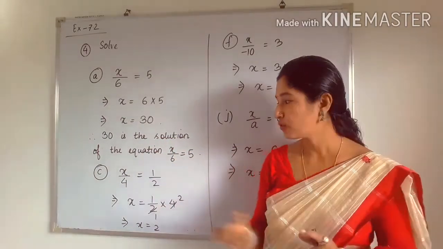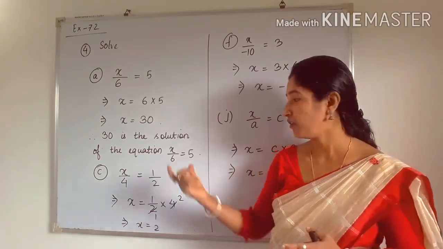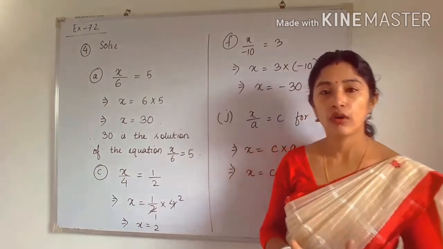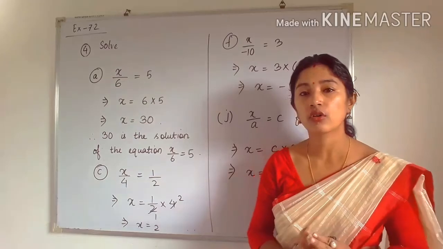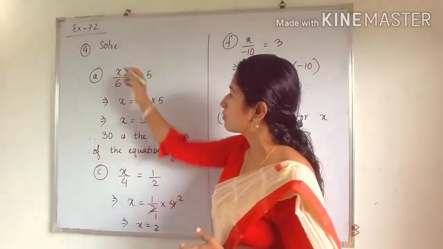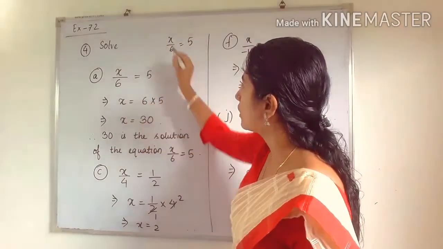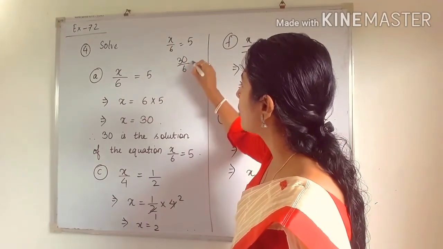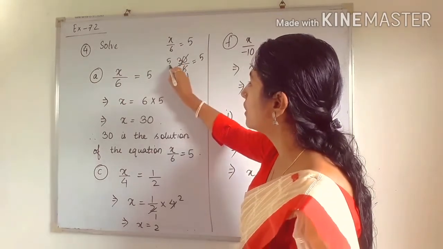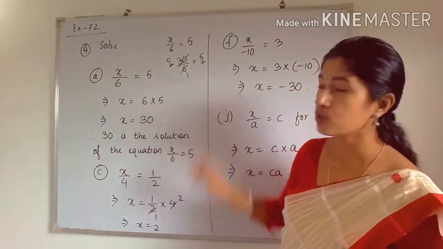So in this way only, you have to write in each of the questions that this is a solution for the equation. You have to mention which equation. And also one more thing, I already told you earlier how to check whether your solution is correct or not. So you can put the solution in the main equation. Okay, so our main equation is x by 6 is equal to 5. Here you can put the value of x is equal to 30 in left hand side. So it will be 30 by 6 is equal to 5. So when you cancel it out, you will get 5 is equal to 5. That means the left hand side part is equal to the right hand side part. Okay, so that means our solution is correct.